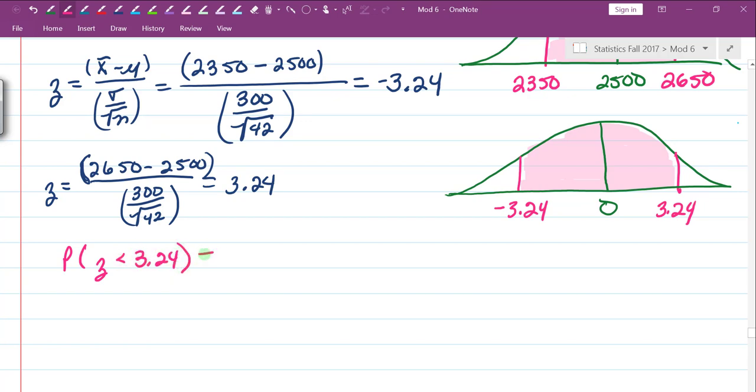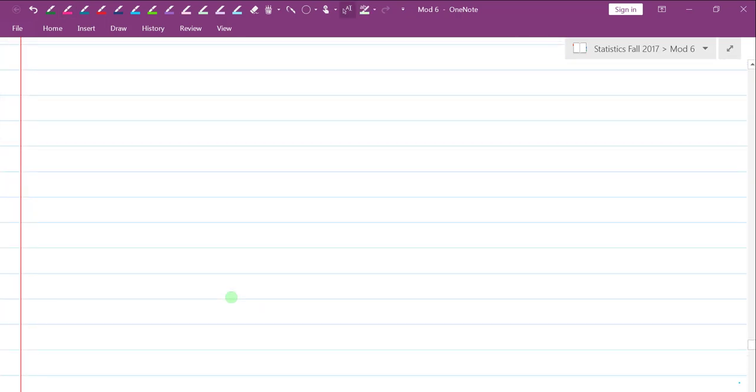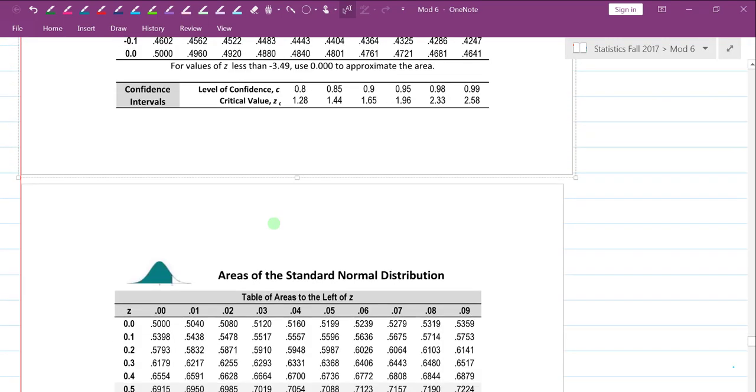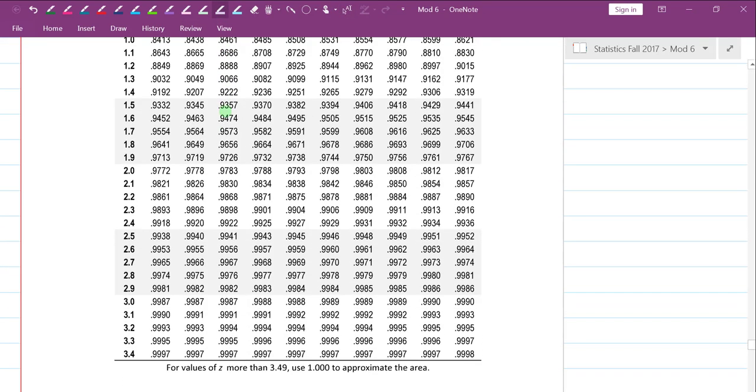oops, evidently, let me pause. I didn't put that printout in. Okay, now I have my printout. So let's look 3.24. So we're going to scroll on down until we find 3.2, and now we have to go to 4. So this is 0, 1, 2, 3, 4. So again, 0, 1, 2, 3, 4. So the answer is